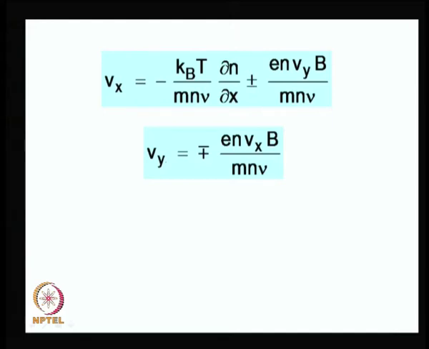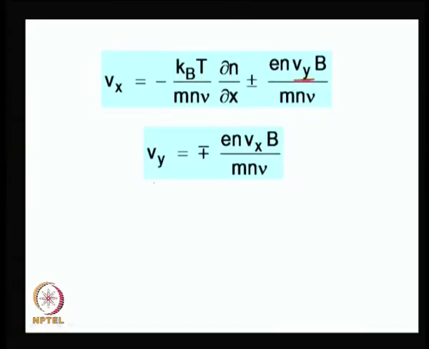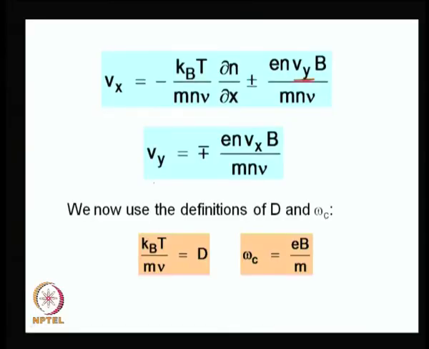You have Vy in the equation for Vx and Vx in the equation for Vy. So, how do you solve this? You have to get an expression for V perp and you have to write the continuity equation. So, before getting into the algebra,